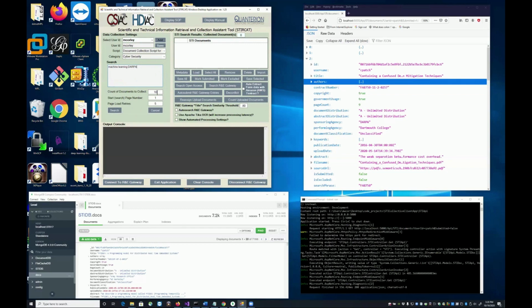Now I can specify a very large number. I could say, collect for me 100 or 1,000 documents, which we do commonly. Also, every search is different. Some searches will return potentially many, many pages, up to hundreds of pages of results. So we can be flexible and specify what page number we want to begin with in a search. We have to have a little bit of insight knowledge about that search, but we have that flexibility. Page load retries are to accommodate any connection-related errors or little blips that might occur as we're making requests